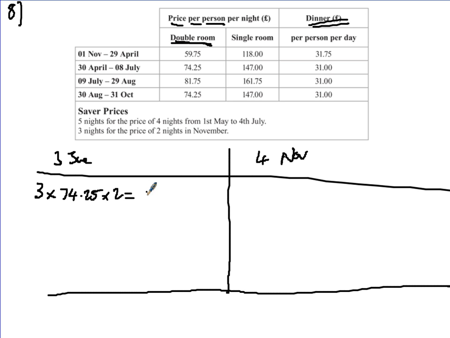So that's then £445.50. Now we've got this 5 nights at the price of 4 in May to July. Well, that's no use for us because we're going for 3 nights. We've also got dinner. Now that's for 3 nights, and that's going to cost them at this point here